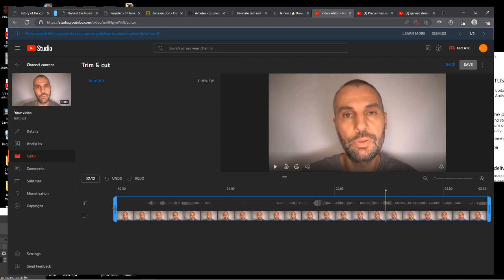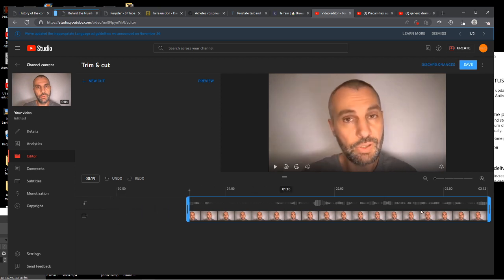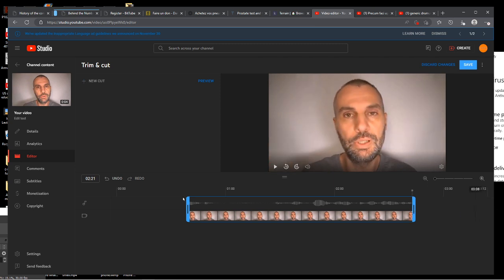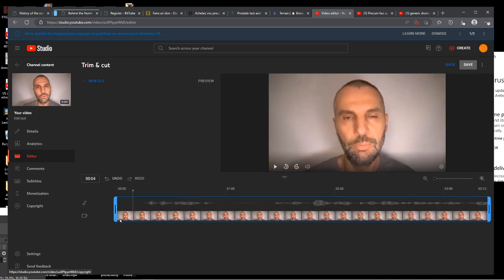First, these green brackets are really just a quick way to trim the beginning or the end or both of the video. It's really just a matter of going faster for the beginning and end of the video. It's up to you if you want to do so. By the way, just a point here: when you trim, you see the bracket is kind of wide. The trimming point is this inner straight edge, and on the right side the trimming point is also the inner straight edge, not the rounded edge here.